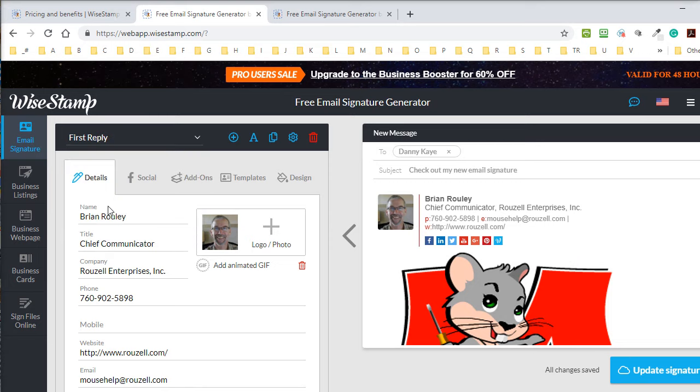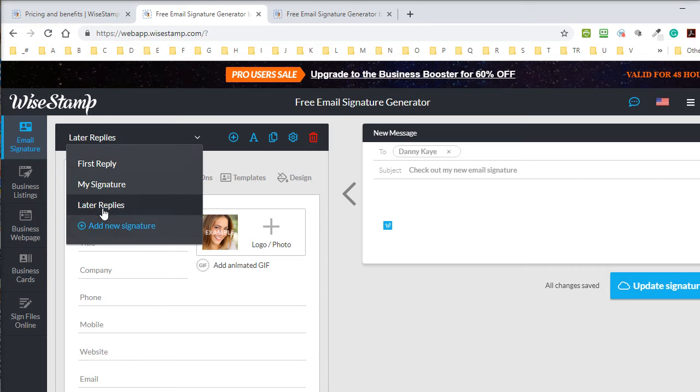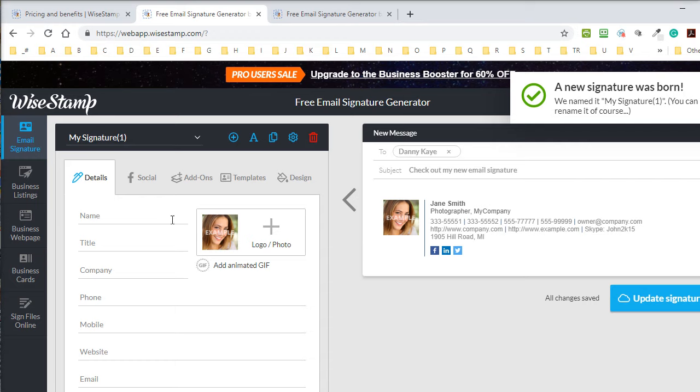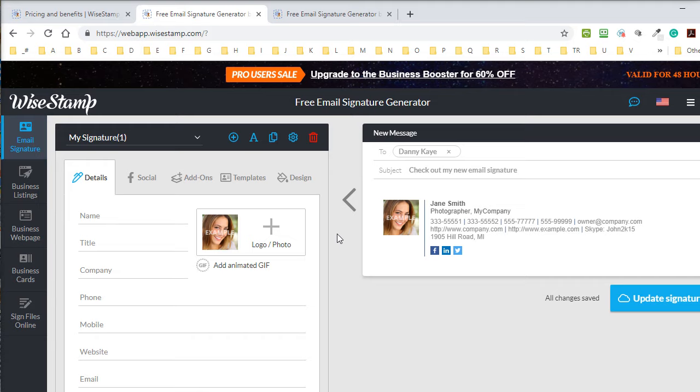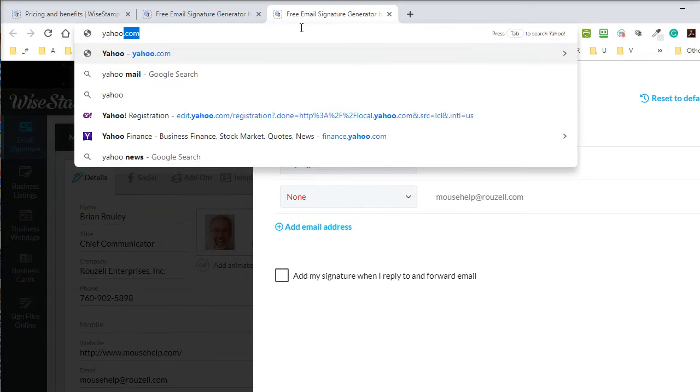And then I'm not sure what I was doing. Perhaps I was just messing around with different, yeah. So just for the sake of demonstration, showing that there are ways you can create different signatures. So let's say I needed one for Yahoo. I could just go ahead and create a new one with all of the stuff that I wanted to use for my Yahoo mail. But just for the sake of demonstration, if I come out here and go to Yahoo Mail,